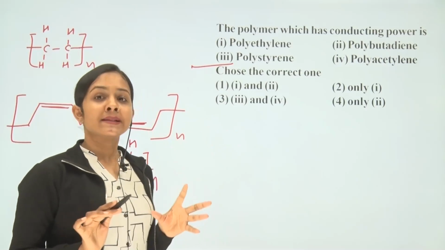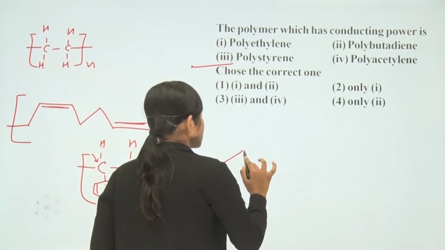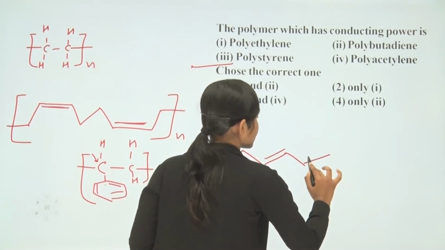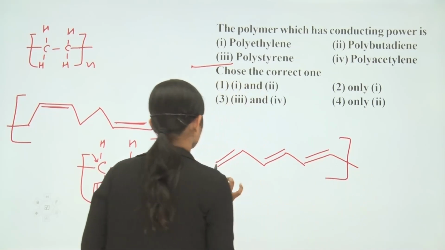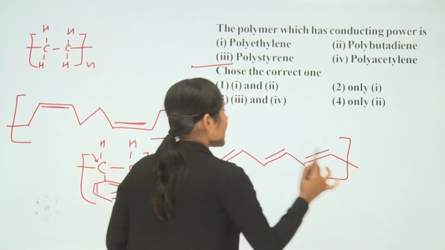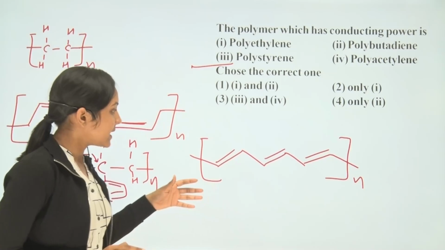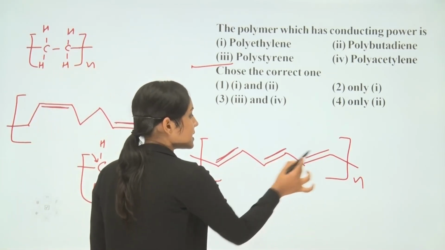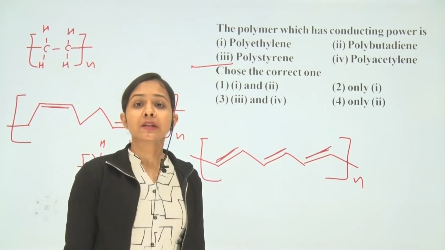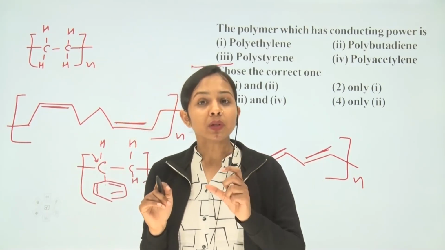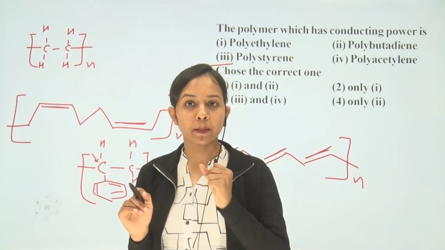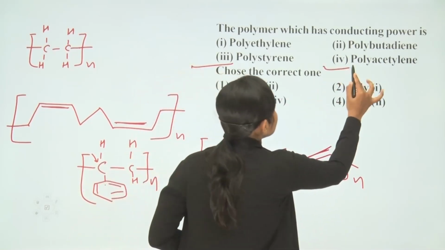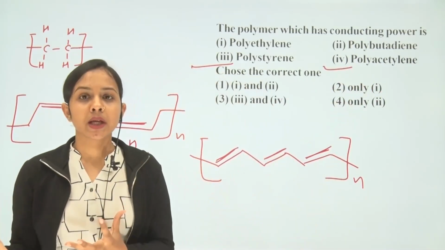Now the next is polyacetylene, and this is the structure of polyacetylene. And this is the polymer of polyacetylene, and you can see in the polyacetylene this conjugated system is present, right? So if a conjugated system is present in this compound, then we know that resonance will enhance the conducting nature of the compound, right? So this compound can show conductive power. So polyacetylene and polystyrene both can show their conductive power.